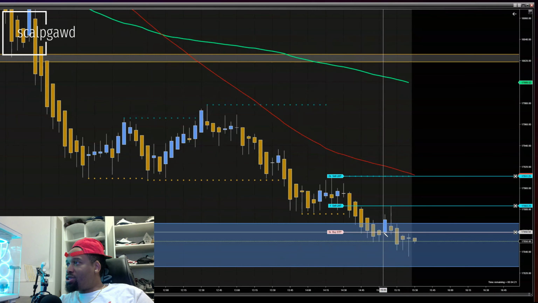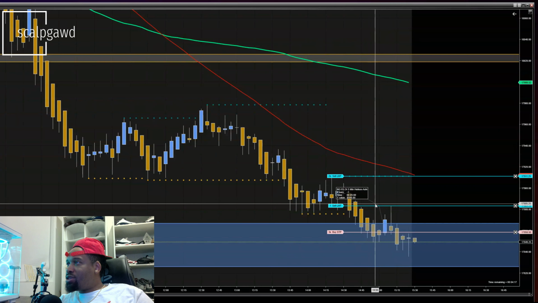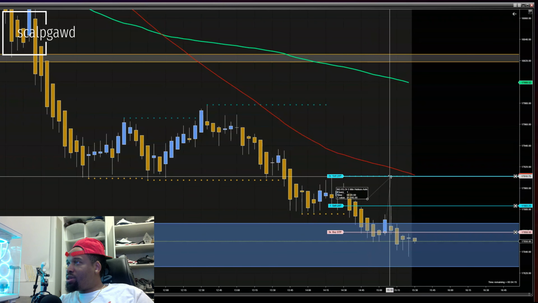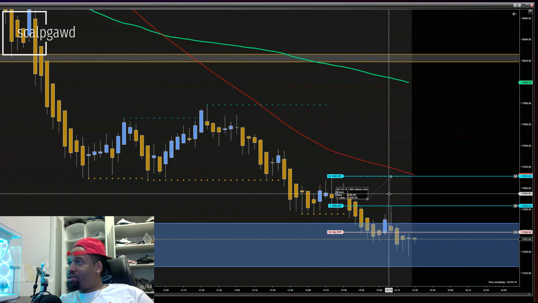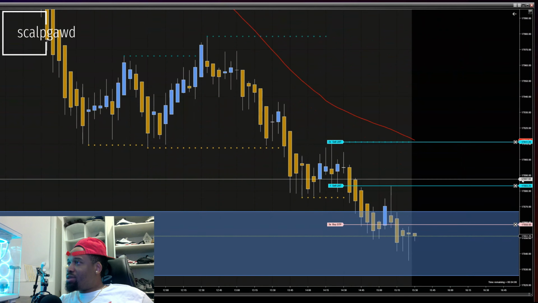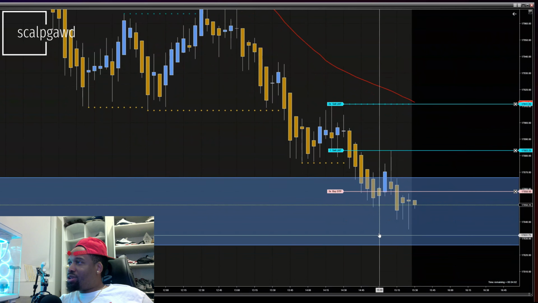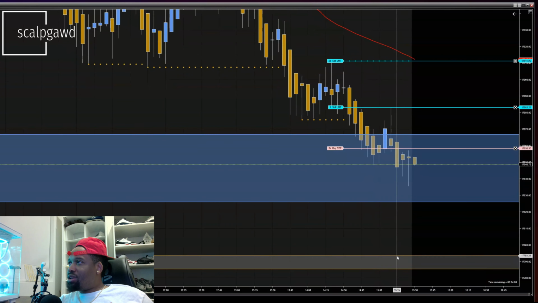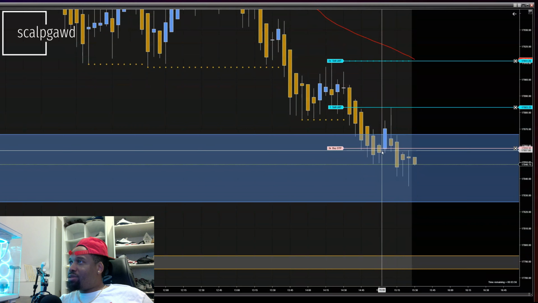This is a 5 minute chart, so what's that? 500, and this would be 1,000. So that would be $2,500 off of 3 contracts because this is a 5 minute chart. So if it gets past this wick down here, I'm going to expect that price wants to get lower, but I'm not going to take an entry until it passes these wicks up here.